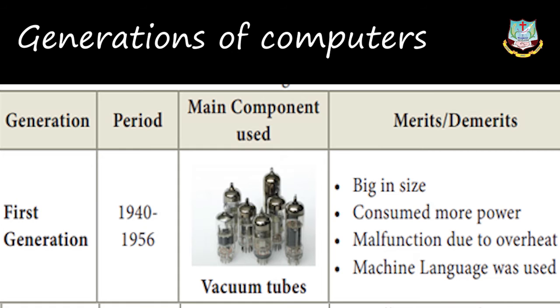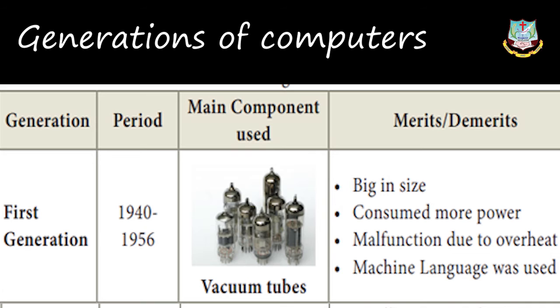Big in size. Vacuum tubes meant it would just cover a whole room. It was so big in size, it consumed more power. Nowadays also, if you use the advanced things, they consume less power. If you take the older things, maybe a washing machine or a grinder or mixie, anything, when you use the older ones, they consume more power and malfunction due to overheating. Sometimes, if you see some old devices, once they heat up, they stop working or just get stuck in between. These things may happen due to overheating.